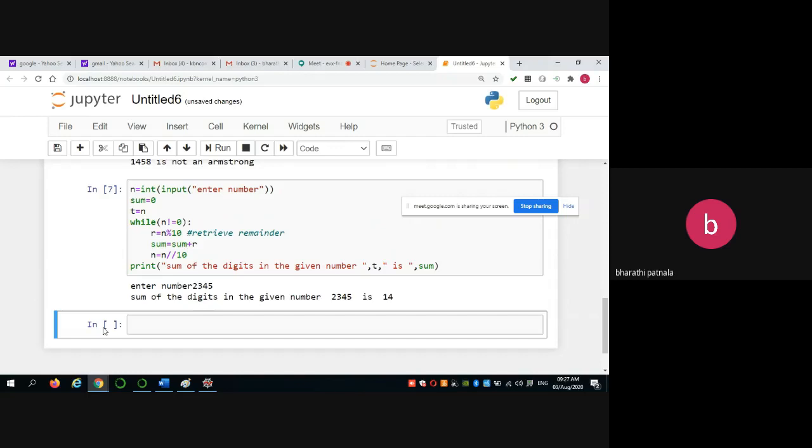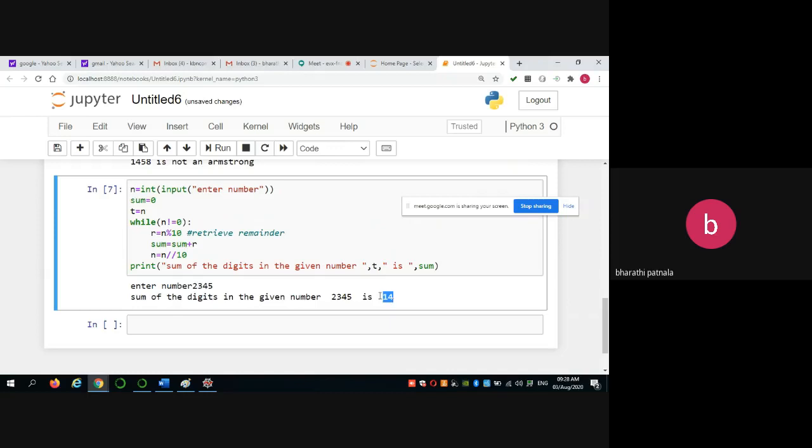Now I am giving one more program to you. So now here, actually, when 2, 3, 4, 5 is given, what is the value I got? 14. Okay. So the sum must be a single digit. So suppose 14 came, again it will be summed up. That means 1 plus 4 is equal to 5. The answer should be 5.